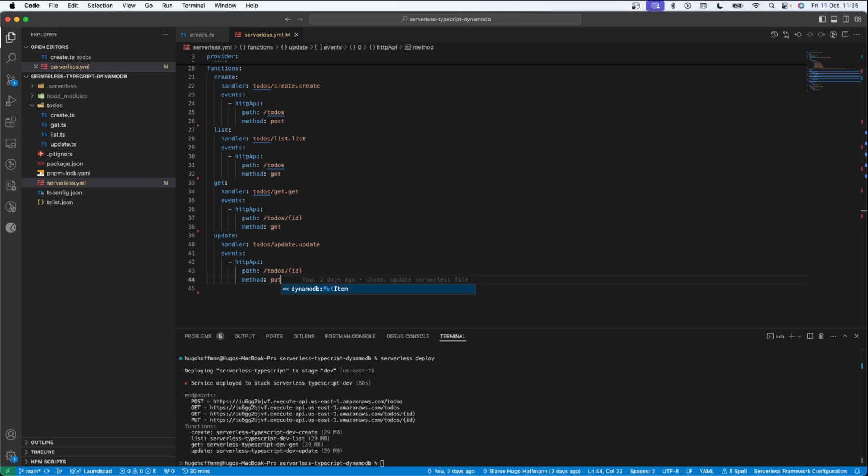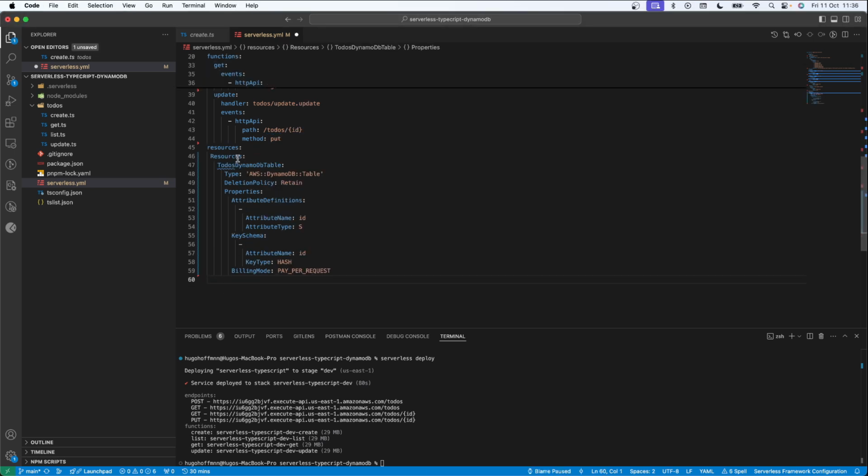Now we need to specify our resources that will be used in AWS. In this case, we are going to use a DynamoDB resource. So what I'm going to define here is our resource name, to use DynamoDB table, what the type is, so our AWS service, DynamoDB. Another thing here that is not so important, but